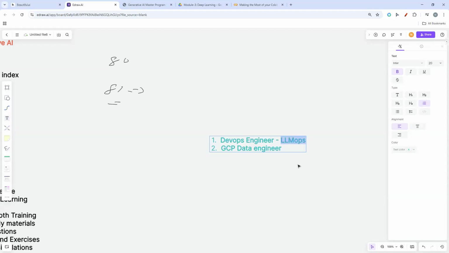When there is a term like LLM ops. Okay, whatever the LLM you have, you'll have to deploy that in the cloud, or as I said, Docker and Kubernetes. There your knowledge will be very helpful in understanding. Okay, so you can keep this. I mean, LLM ops is going to be one of the most trending fields in the coming months. So if you learn these LLMs and all the other knowledge, combined with whatever DevOps knowledge you are having, you can get very good opportunities in the future. LLM ops is still in the beginning, or it is there but at a small level. I mean the jobs.